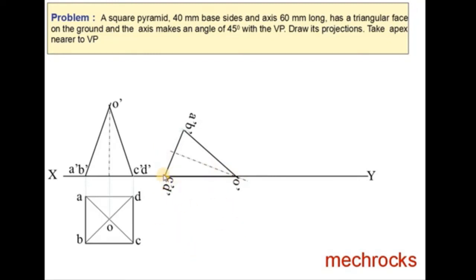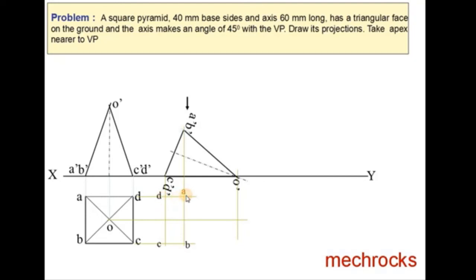Next we have to draw the top view. For this, first you draw the projection from C dash, from A dash, from O dash. And projection lines from the top also, from AD, from BC, from O also, up to here. Next you look at the intersection points. This is the A dash line, this is the A. Similarly, B dash line, B line, this is the B. And this is the C, and this is the D.